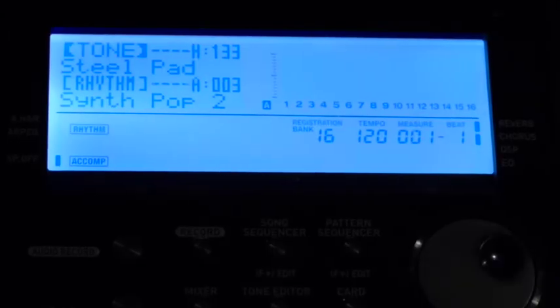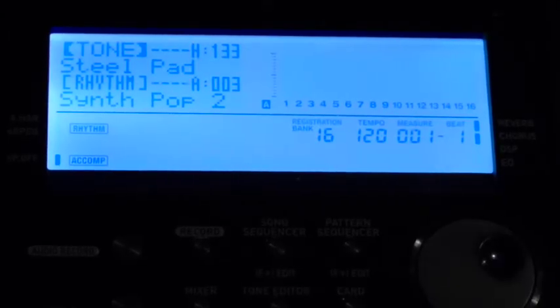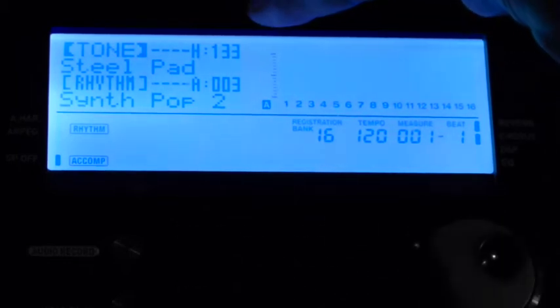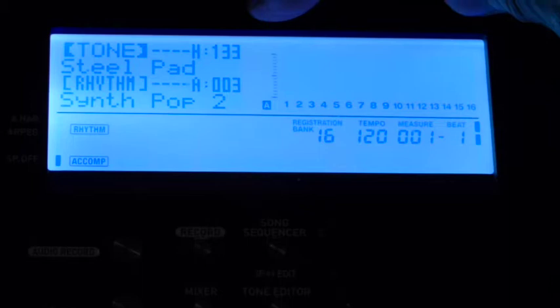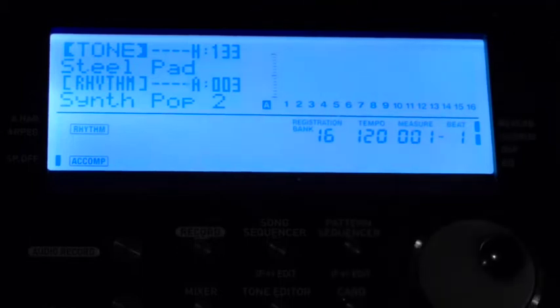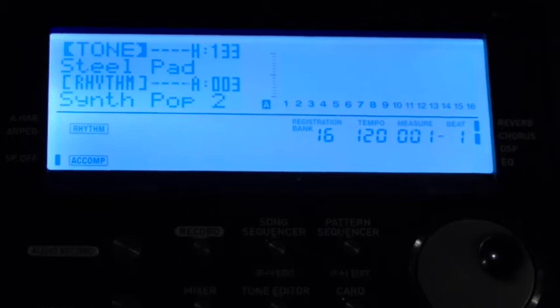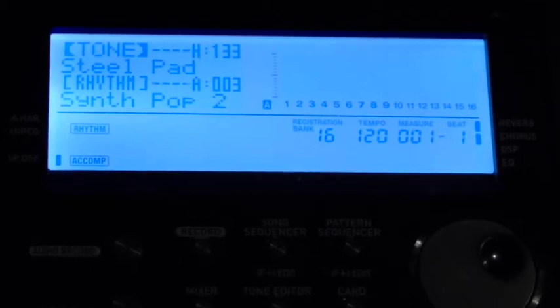And here we go. We're all focused in on the display. The first thing you'll see at the top is we have a tone H, which is our synth category, H133 steel pad. That is a factory preset tone. I'm using factory preset tones today, so I don't do too much confusing as we go into editing the factory